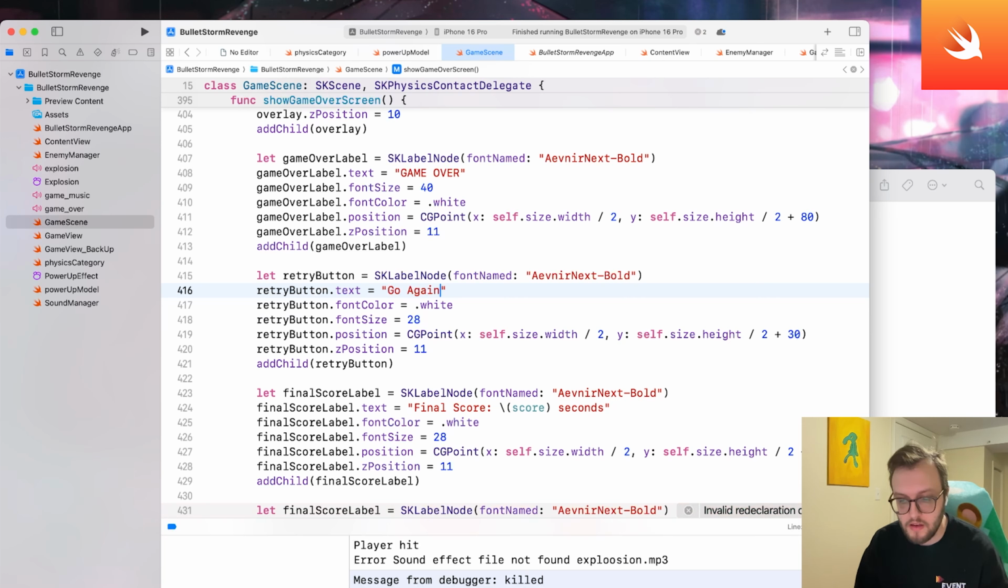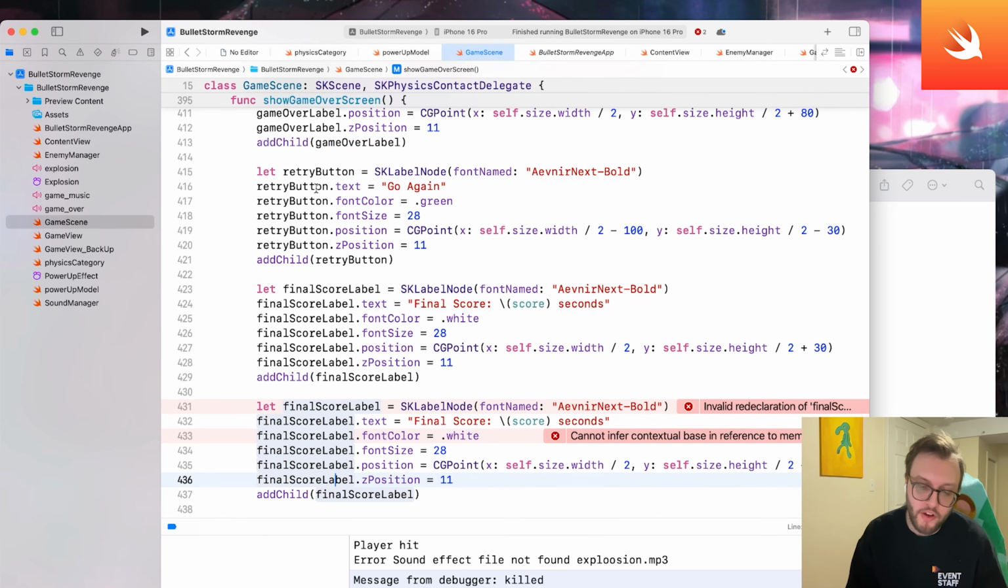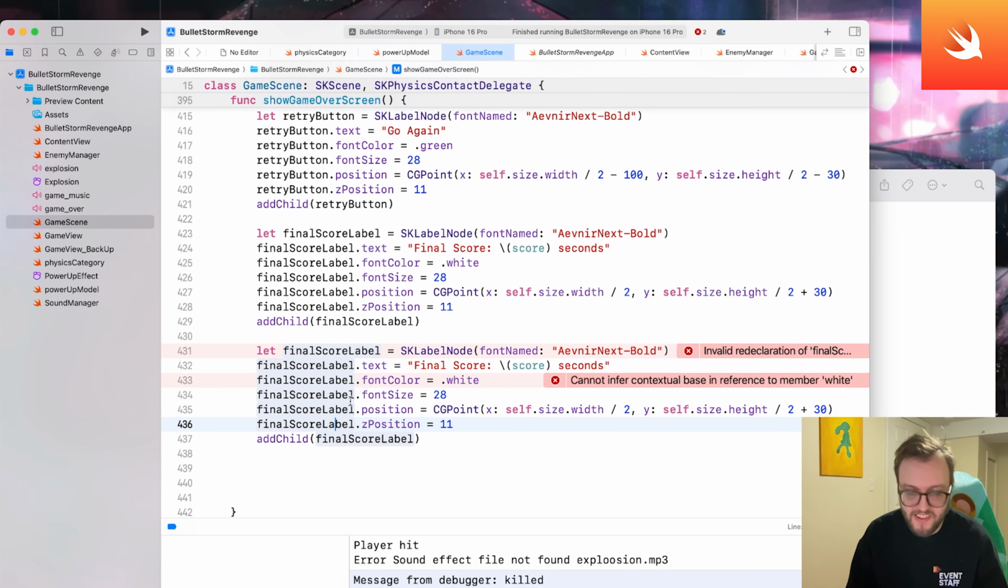So we can say go again, let's have this one be maybe green. And for the size here, we're going to push this off to the left side. So this is going to be 2 minus 100. And let's have the height be minus 30. All right, wait, oh, I edited the wrong one there. We can keep this final score label, and then on the last one, Control Shift, let's edit all these other